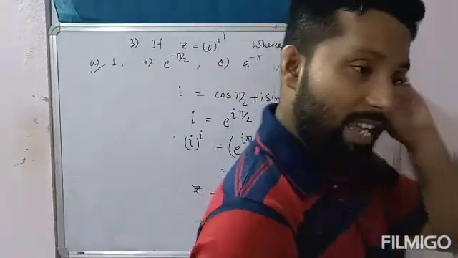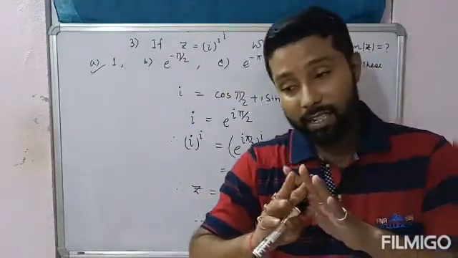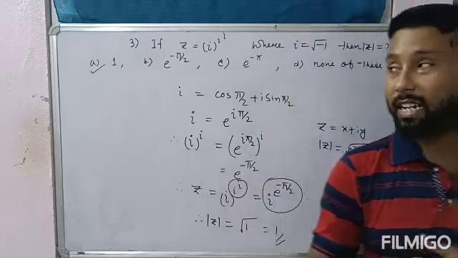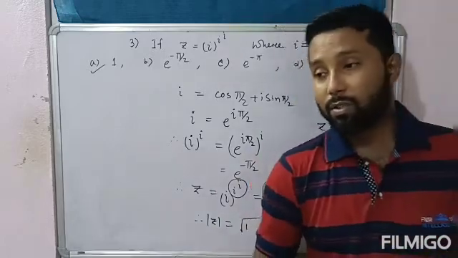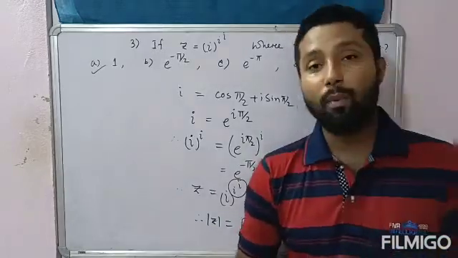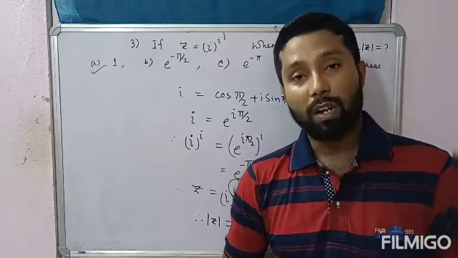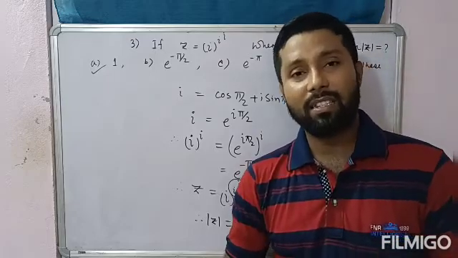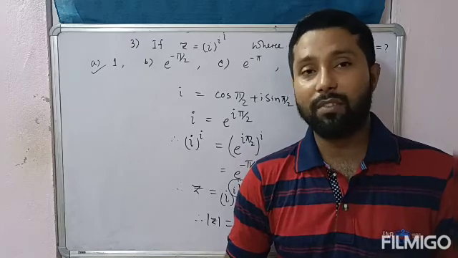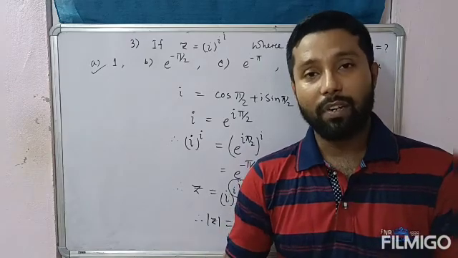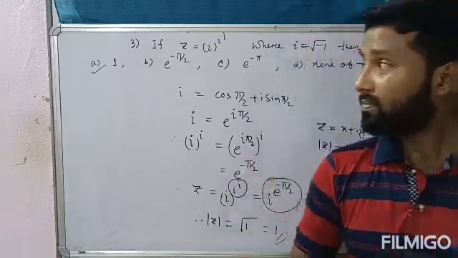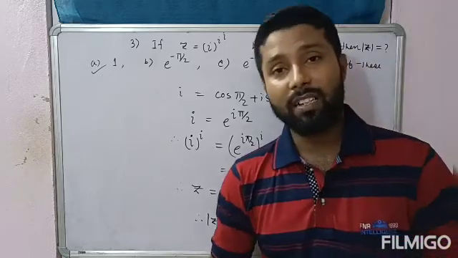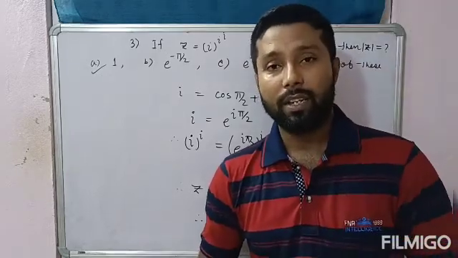Okay. So today I have discussed 3 questions. All 3 questions are different model questions and standard questions also. Alright. So I have completed the complex number part with quadratic equations. The basic part I have discussed, the quadratic equation, but complex numbers, almost all the topics I have covered. Okay, so in the next class I am going to start the new topic. Okay, so thank you for today.